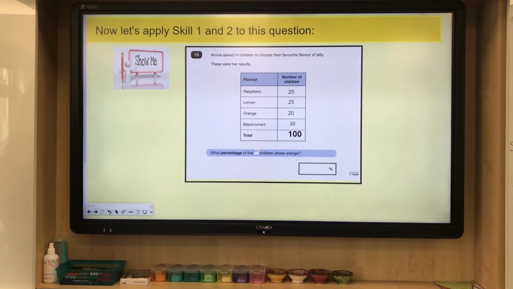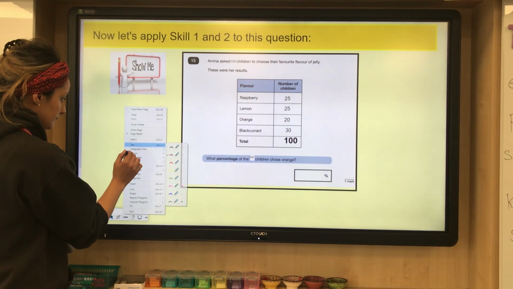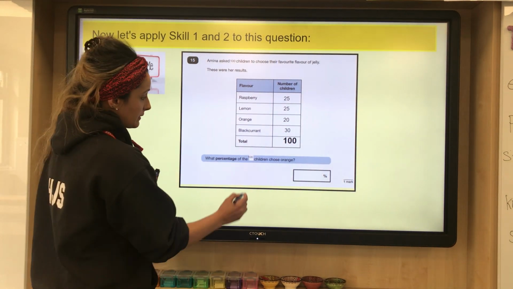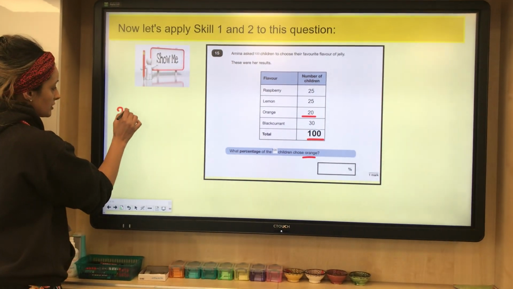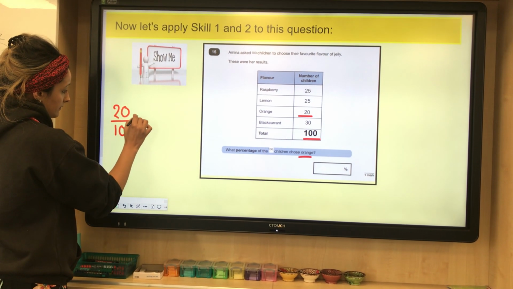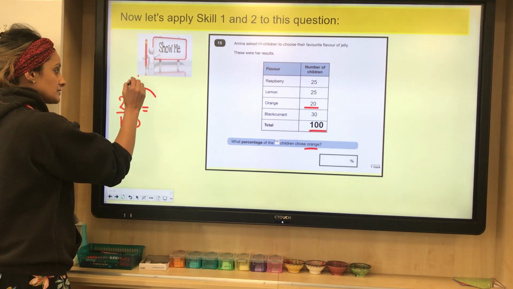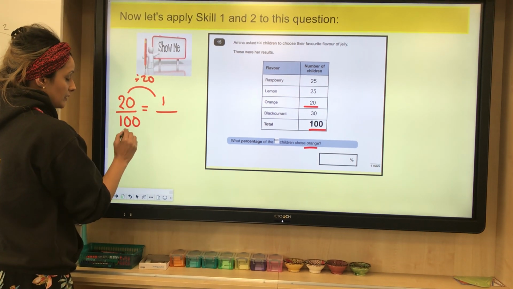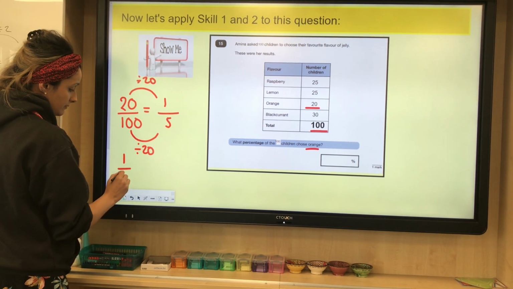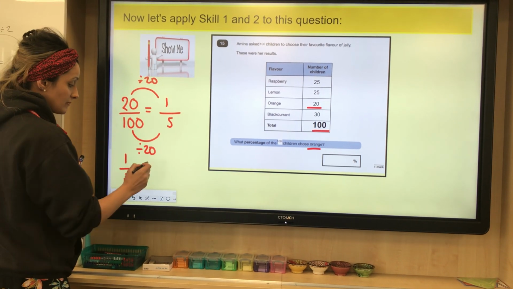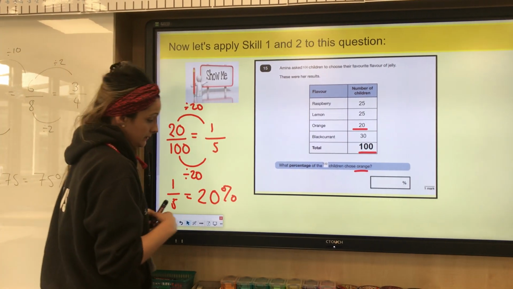And actually, I hope your final answer, when you look at that here, so again, you were looking at orange, which is 20 out of 100. So 20 over 100. You can see actually that they are both multiples of 20. That's going to be much quicker to reduce. 20 divided by 20 gives you 1. 100 divided by 20 gives you 5. 1/5 is equivalent as a percentage, can you remember, to 20%. Okay, so your final answer here